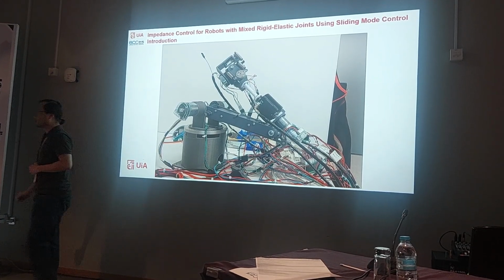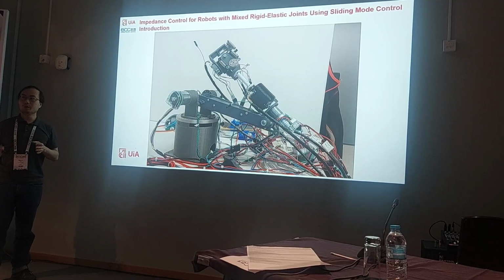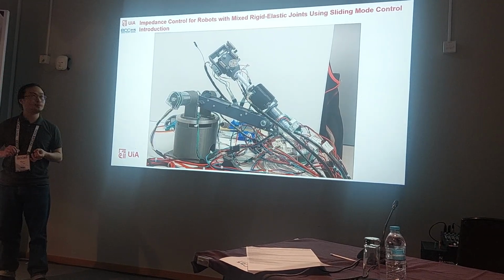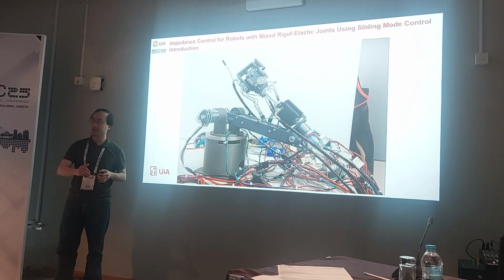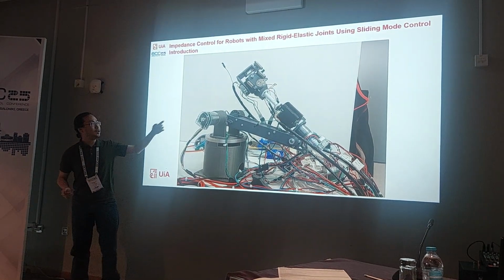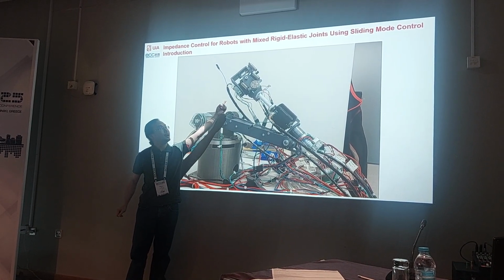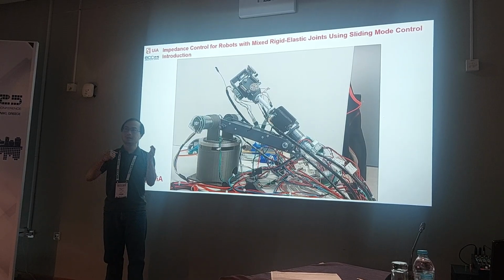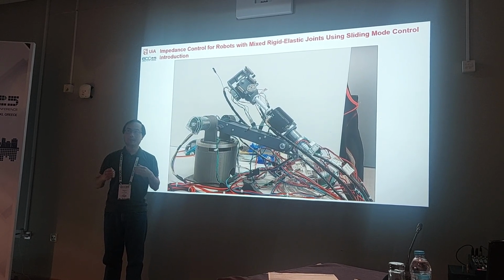The reason why I want to work on this is, first, I want to improve the safety. There are two main ways to improve the safety. One is to improve it from the mechanical design. So here I add some springs. So you can imagine that when the robot interacts with the environment, it might be a human